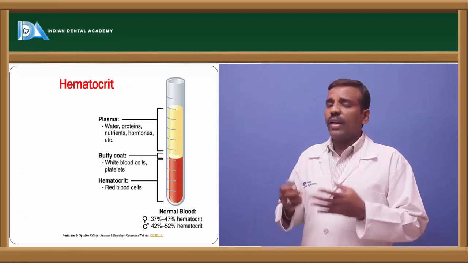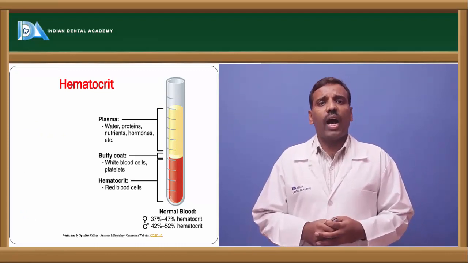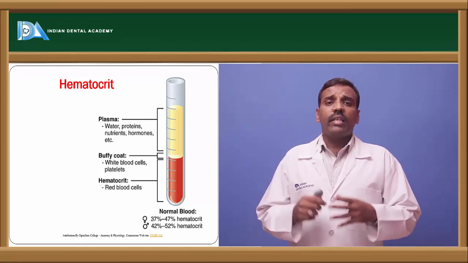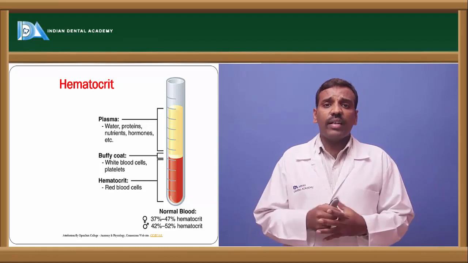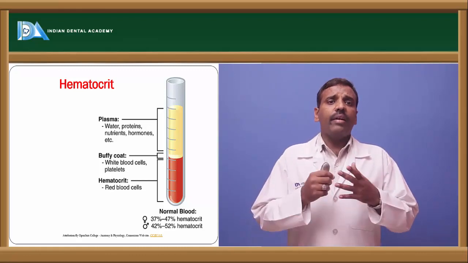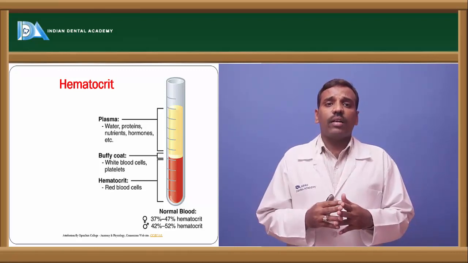And next one is hematocrit. What is hematocrit? The percentage of RBCs is called hematocrit. When we centrifuge the collected blood in a tube, the RBCs come as a